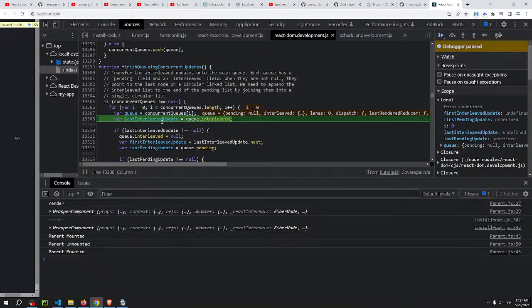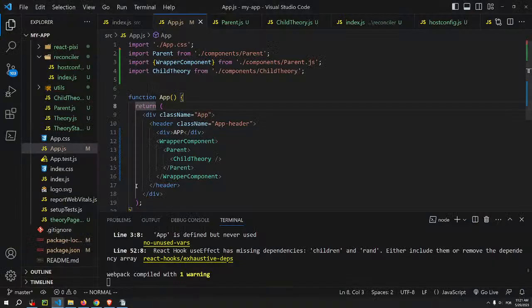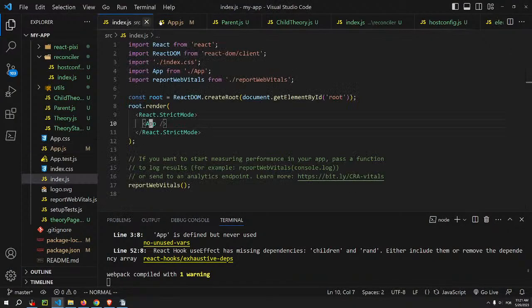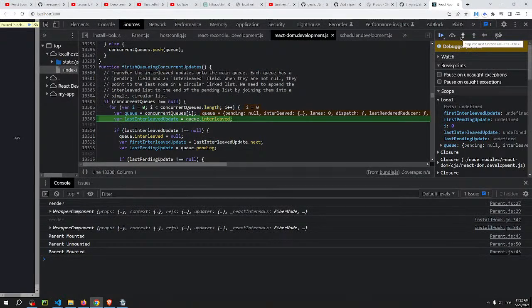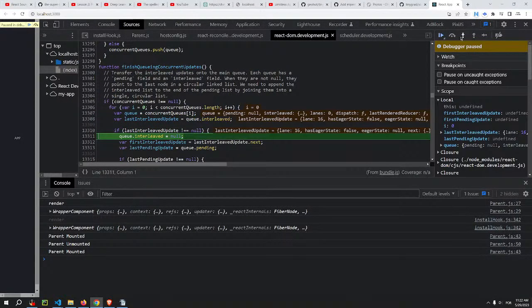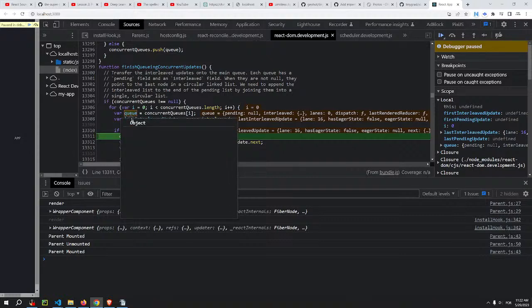I already started stepping through the code here. What I'm trying to solve is the mounting cycle when using a custom reconciler. I just want to be able to finish this. I think I stopped at this part because here it looks like this queue has a set state thing